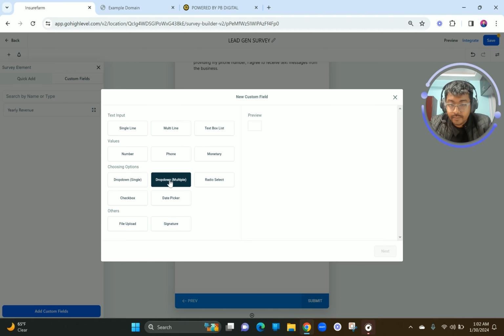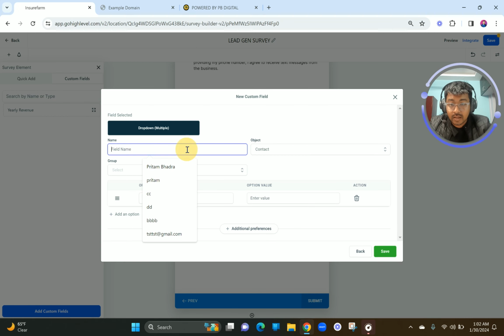So I want a drop down, multiple drop down, which means that you can select multiple options in this drop down. So I want to add that, and I want to click on next. I want to click on field name. I want to make it like